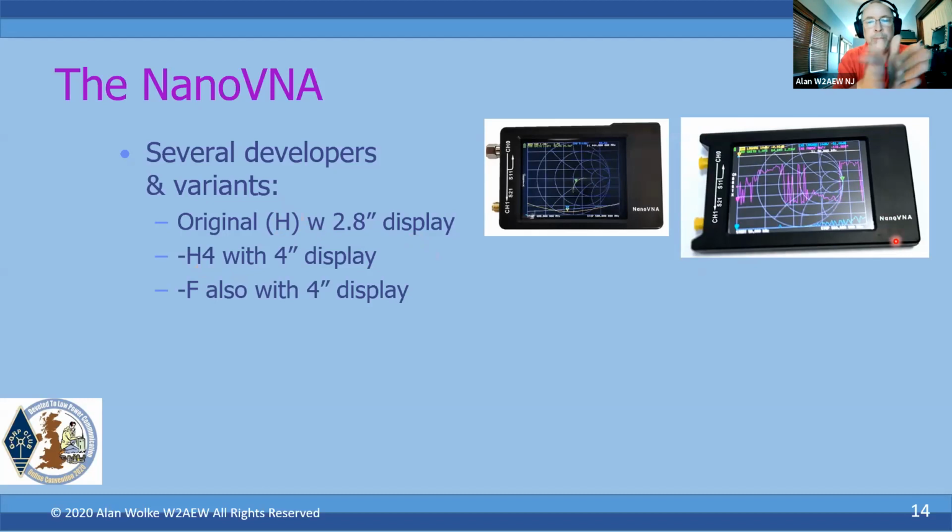A separate developer took the idea of the NanoVNA. He actually made some hardware changes to it. Doesn't go quite up as high in frequency. It's a little more expensive, but it has a really nice aluminum case. So if you want something a bit more rugged, that's a nice one. And also the guy who did the F version